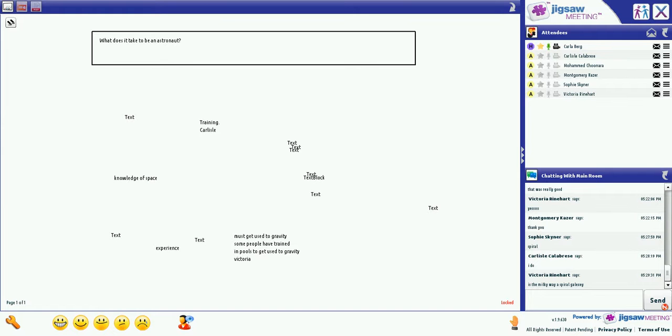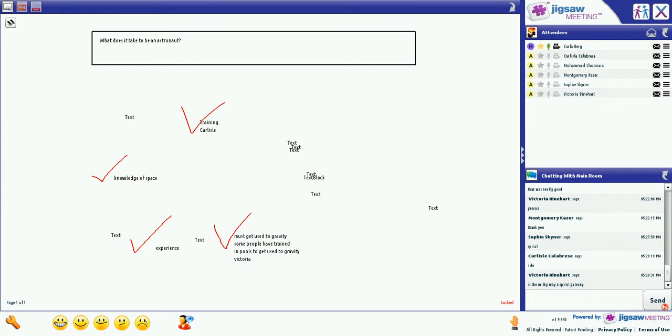So let's see what you guys put as to what does it take to be an astronaut. And up on our whiteboard we have training. Great job. It certainly does take lots of training. A knowledge of space. Experience. You must get used to gravity. Some people have trained in pools. Great job. Those are all great